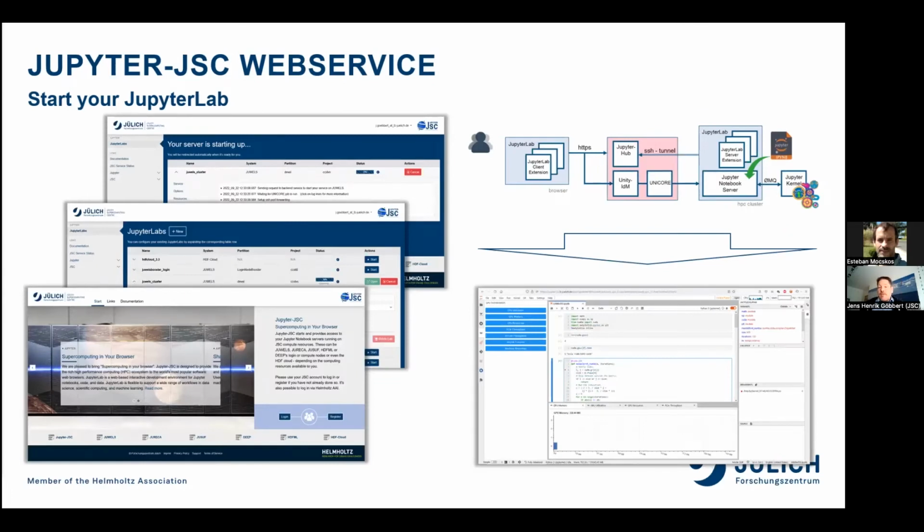If one would then just try that out, one would go on the website here on the left bottom, log in, click on new JupyterLab and start a JupyterLab, seeing that it's processing in the background and this connection is set up to your browser, and then you have your JupyterLab on the screen. So the benefit there is, you're on the same machine as your JupyterLab, as your data is, where your resources are,